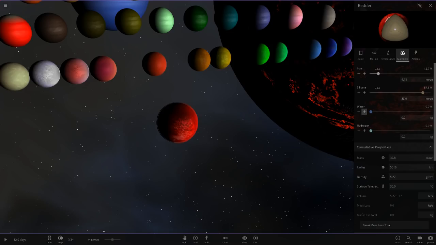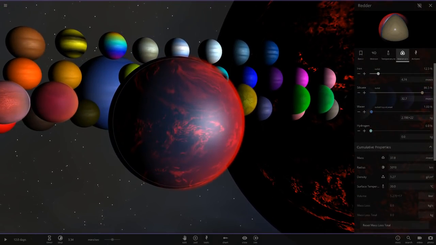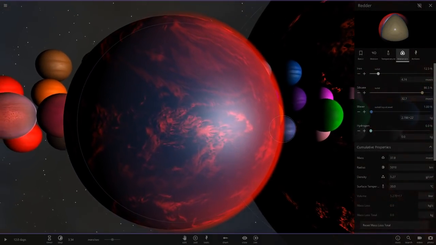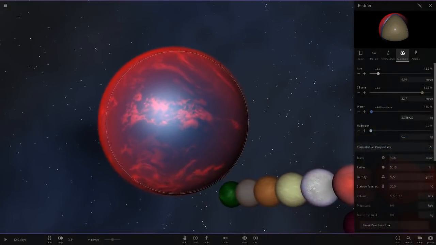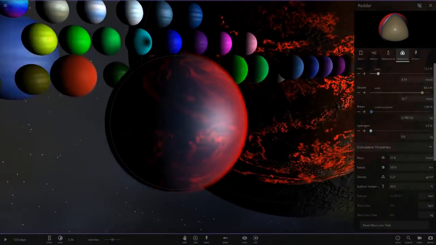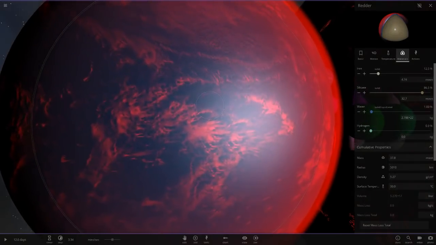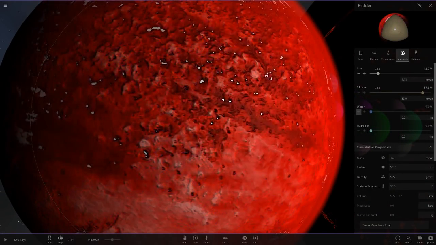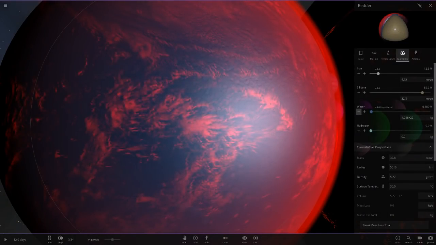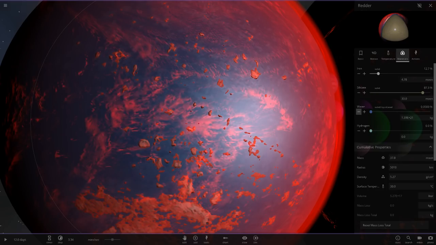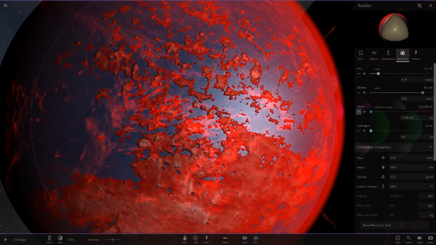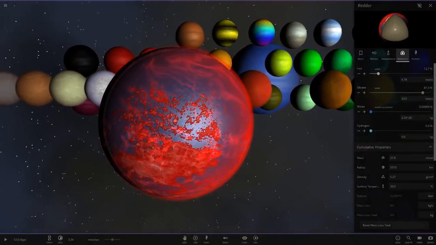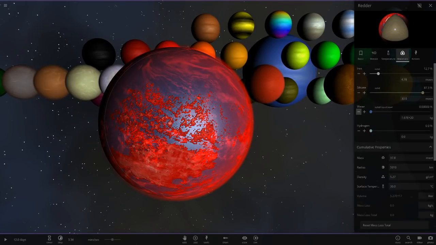All right, so let's go ahead and add a little bit of water. I only clicked it once. And wow, those red clouds look so cool. That looks really, really nice. It's like the green one, but those colours really stand out. I really like this red. So let's lower that. Come on, seriously, game. Right, careful, don't spam click. All right, here's the surface coming through, the highest points. So let's lower and lower and lower, and there you go. Actually, no, he said a little bit of water, so